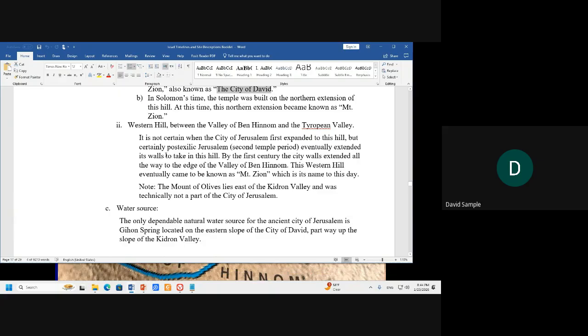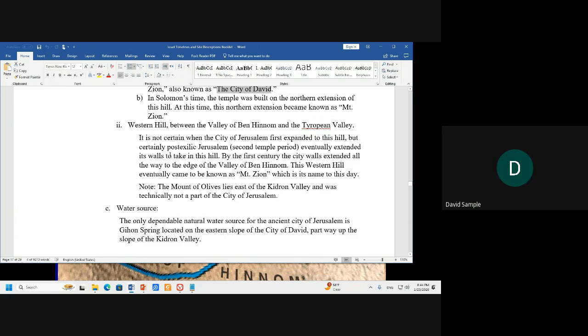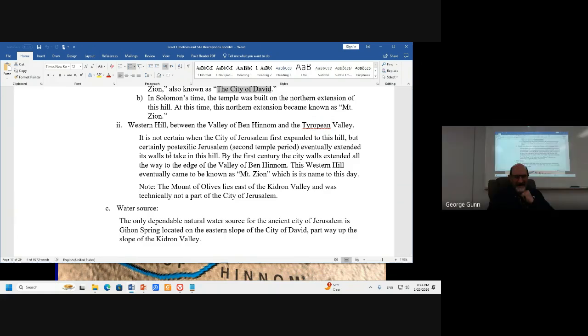Dr. Gunn, quick question. When the disciples were told by Jesus that not a stone would be left, and yet there still is the Wailing Wall, which I understand to be a reinforcement or something. How about the rest of this stuff? Yeah. All the stones of the temple were thrown down. Every one of them. And you can see them still. They're lying there at the base of the western wall. The walls of the Temple Mount itself were not the temple. Those are retaining walls. The way the construction was made, since it's built on top of a mountain,